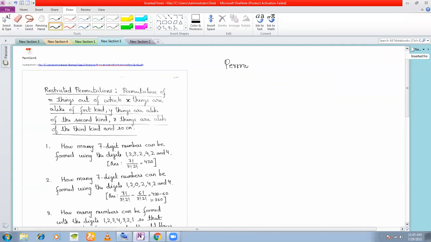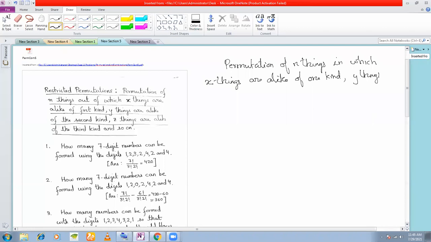The permutation of n things, in which x things are alike of one kind, y things are alike of the second kind, z things are alike of the third kind, and so on,